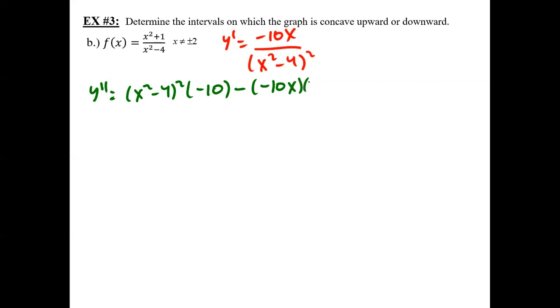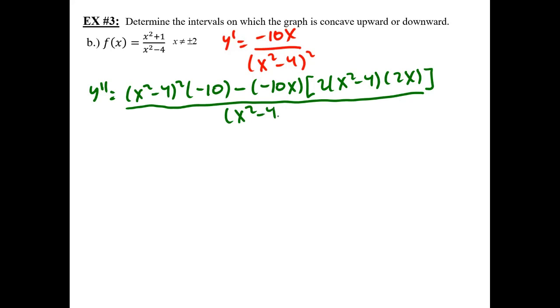So gagamit ulit tayo dito ng chain rule kasi meron tayong function sa loob ng ating parenthesis. So 2 times x squared minus 4, tapos yung sa loob naman ay 2x. Okay, all over